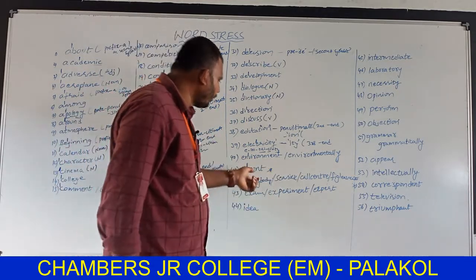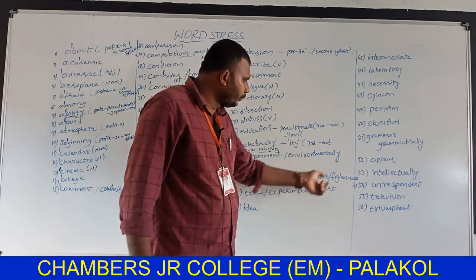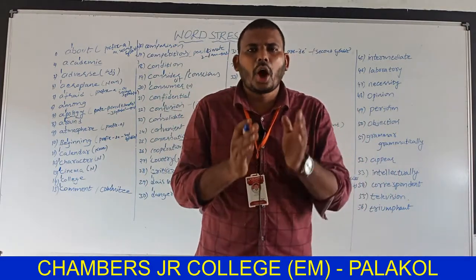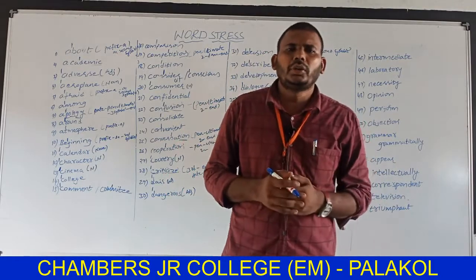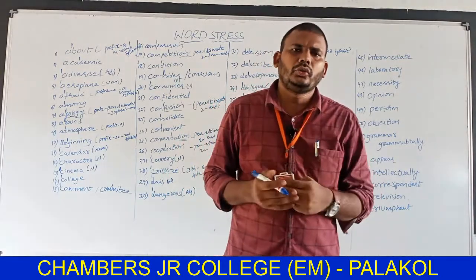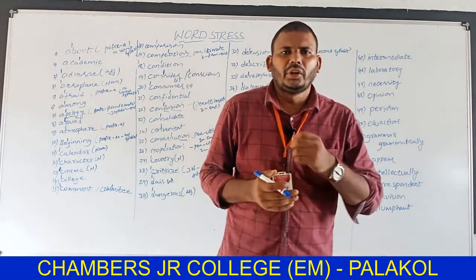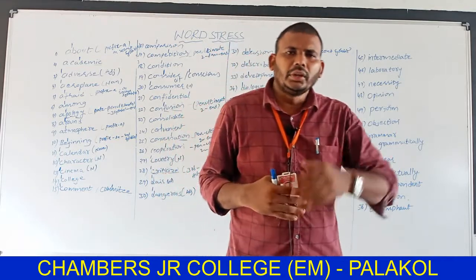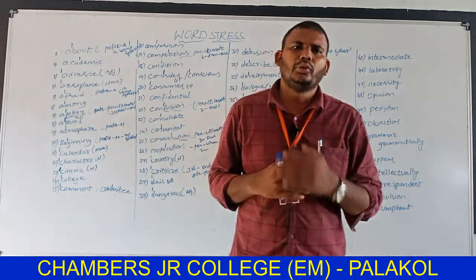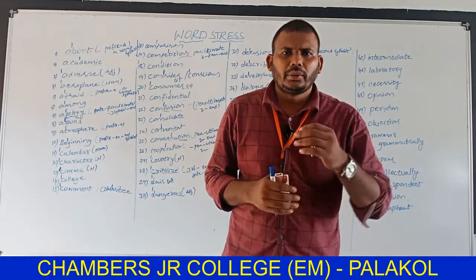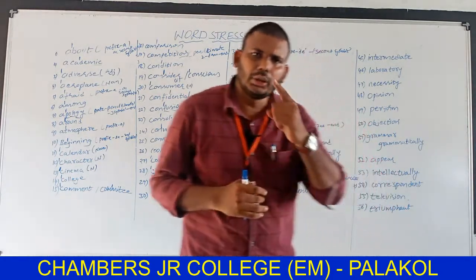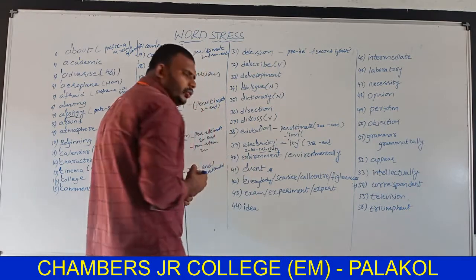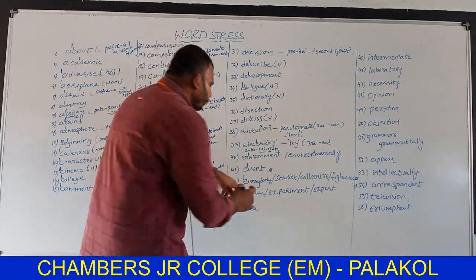I have written some words here. Everybody, seasick, call center, fig leaves. What are these? These words belong to a group. They are called compound words. A compound word is a combination of two nouns, or a noun and an adjective. When we combine a noun or an adjective to make a new word, that is called a compound noun or a compound word. For those words, we put stress on the primary syllable. Here, everybody. Every is a separate word and body is a separate word. So that's why it takes stress on the E, the first syllable.